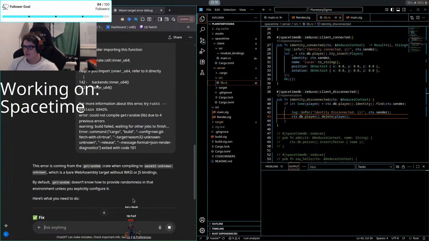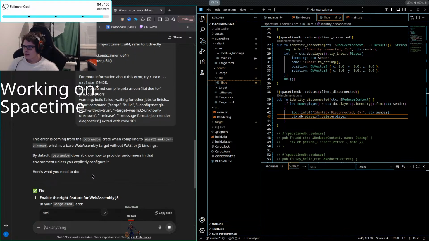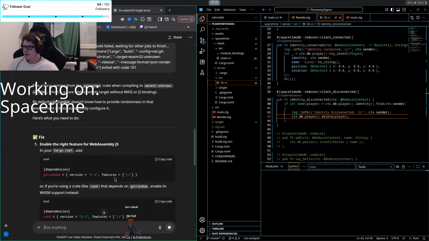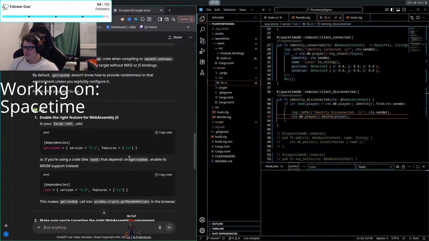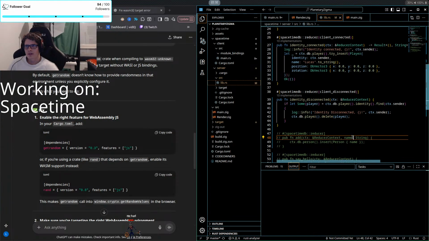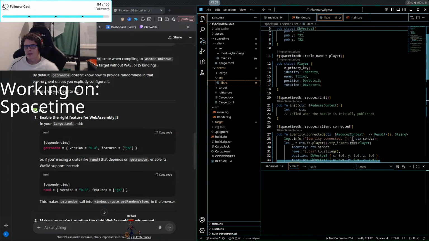Get random wasn't unknown. It doesn't know how to provide randomness in that environment unless you explicitly configure it. But I don't use random. Do I use random somewhere? Maybe I use random somewhere.